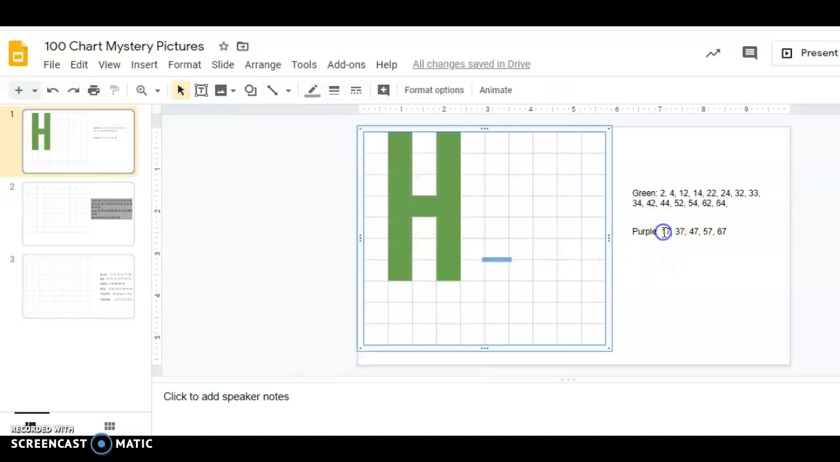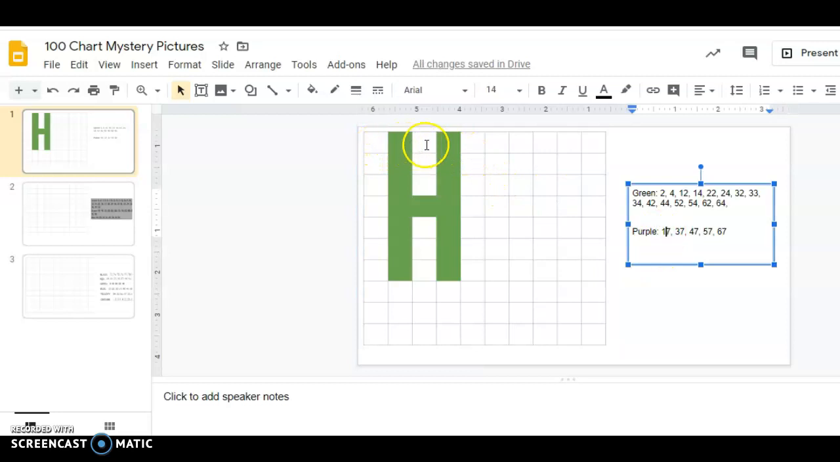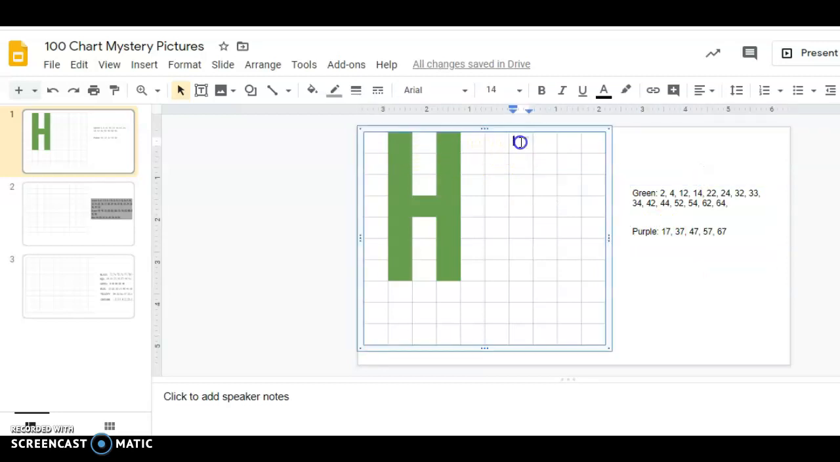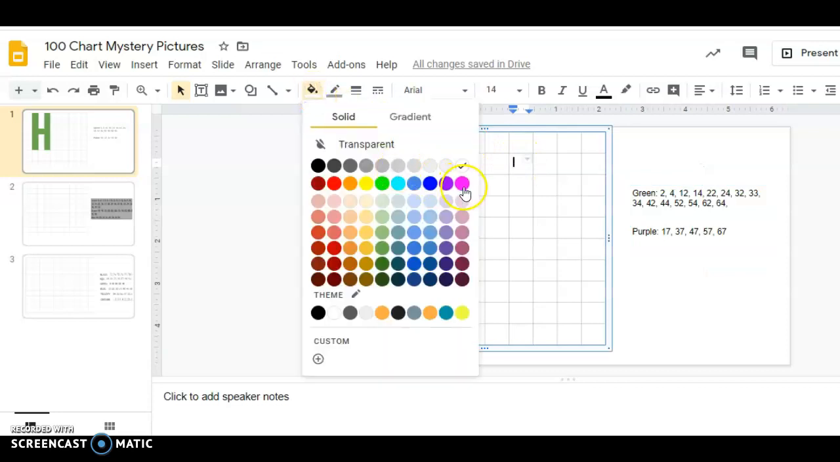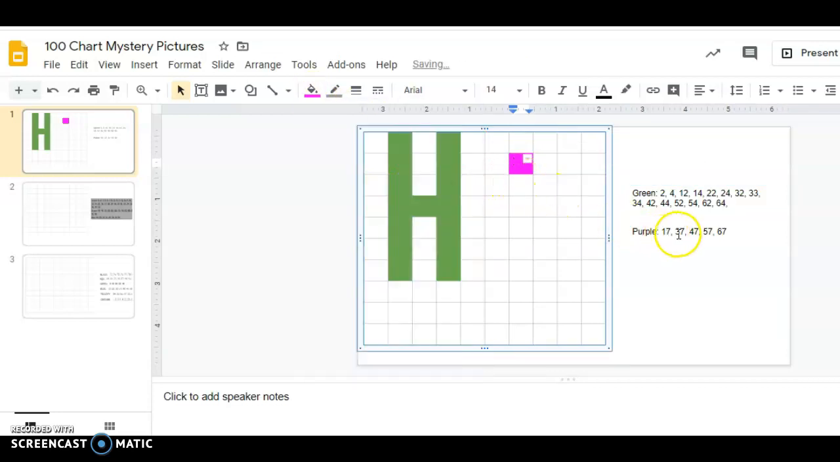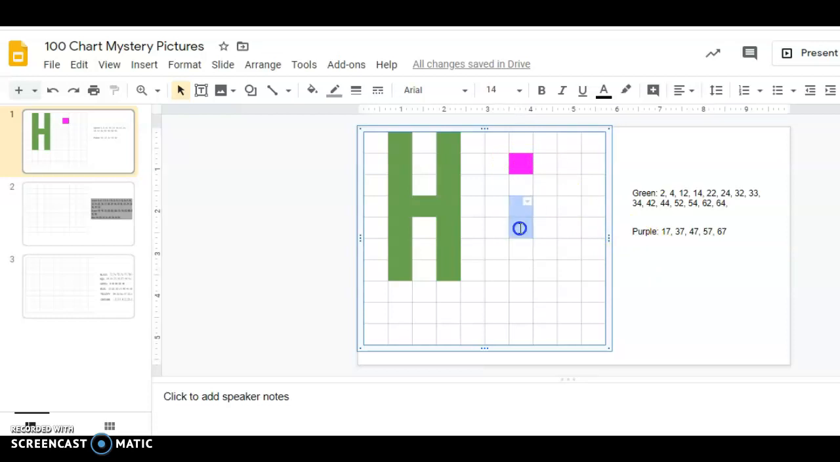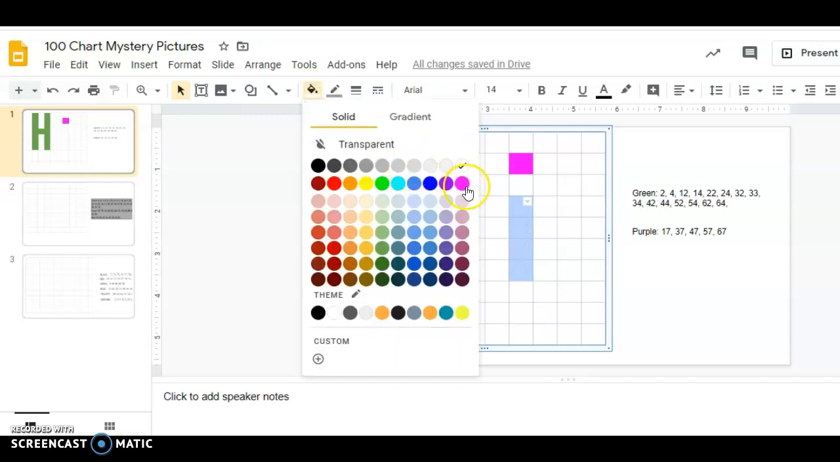And then purple is 17, so 1, 2, 3, 4, 5, 6, 7, plus 10 is 17. I'm going to fill with a bright purple. Ooh, 37, 47, 57, 67, I can do those. Well, 17 plus 10 is 27. And then I want 37, so I'm going to click and drag down 47, 57, 67, find the paint bucket,